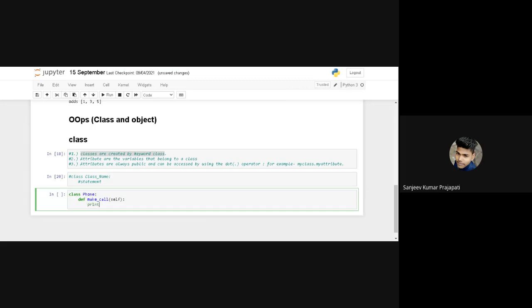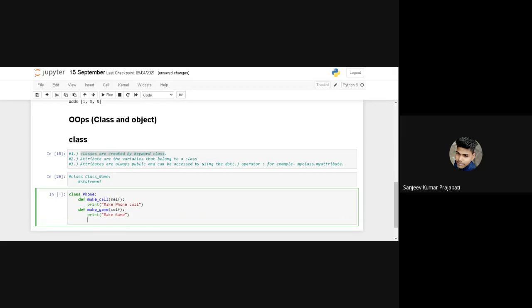And I want to print make phone call. And next function is make_game. Again it contains the self keyword and again print make game. Okay. Next function is color, and again it contains one argument, print color's name.